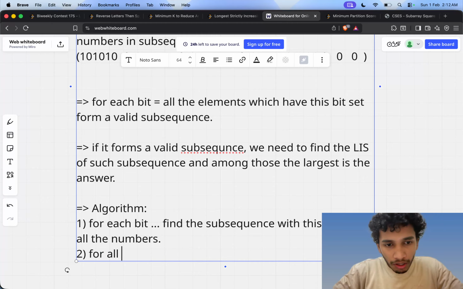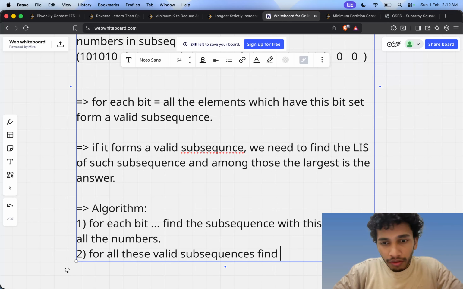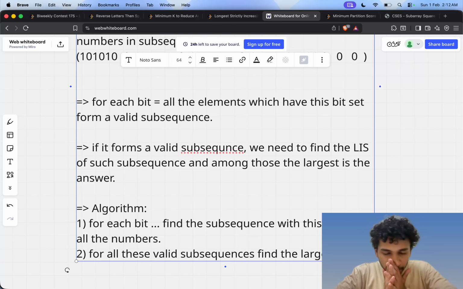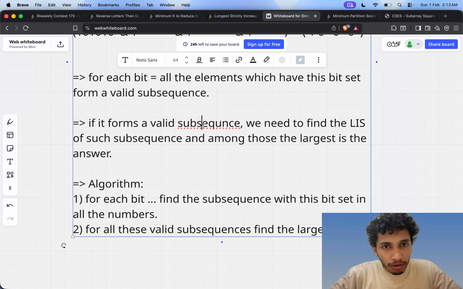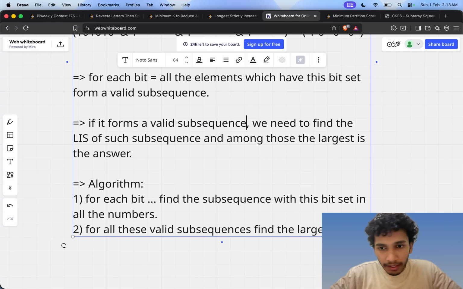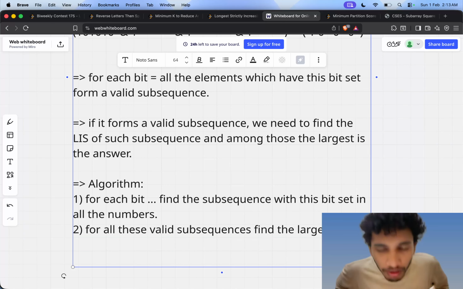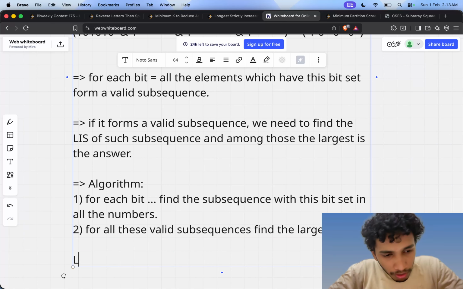For all these valid subsequences, find the largest LIS length. Pretty simple to implement if you know the code of LIS. Let's boil down to